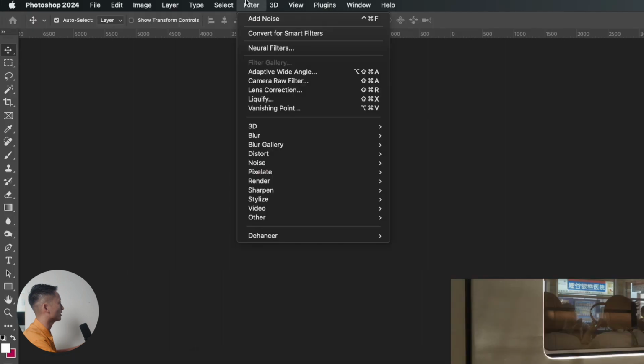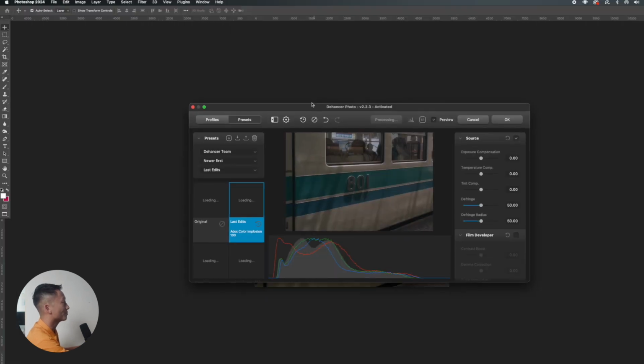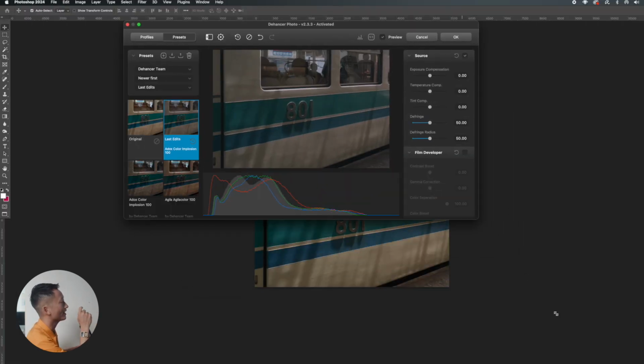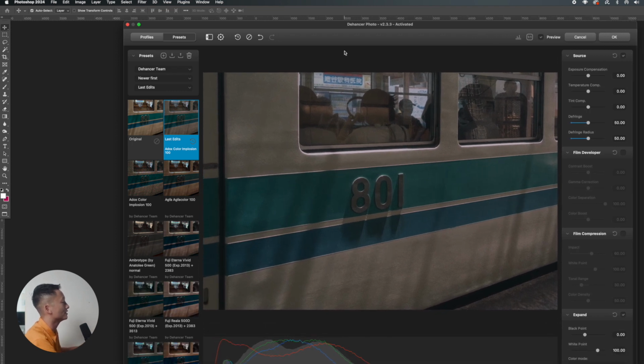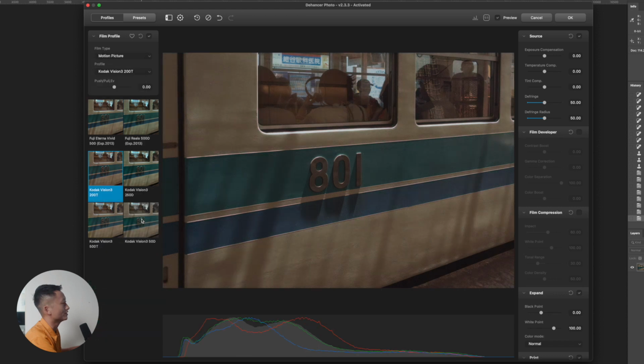I'm happy with the image, it's ready. I hit Command J, I duplicate the layer. This is a copy layer, layer 1. If you go to Filter, the plugin is here as well in Photoshop, it's gonna pop up, how familiar. Okay, now this image is already a 16-bit TIFF. But my test was opening an image that was just a low-res JPEG, so if you want to play around with that, obviously you have less information, the image is at a lower resolution, so know what you're working with. Let's have some fun with Vision 3